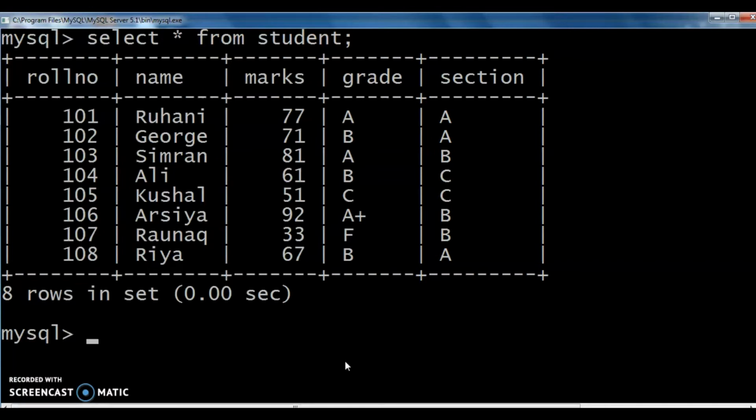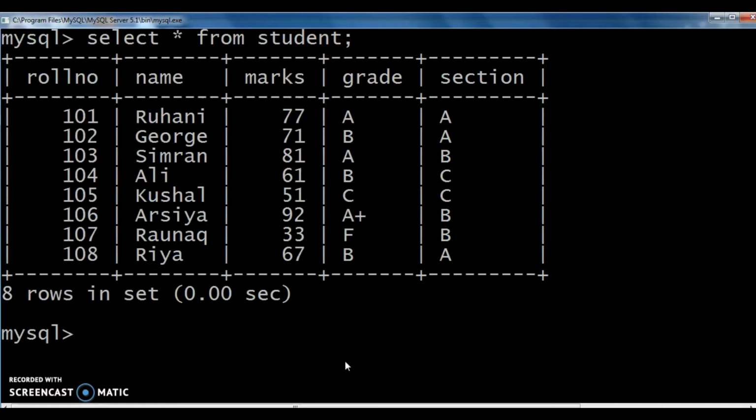Consider this table student. From that we can see the field names: roll number, name, marks, grade and section. I have to order the table according to the ascending order of their marks.